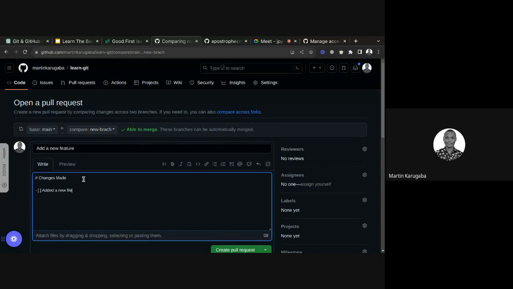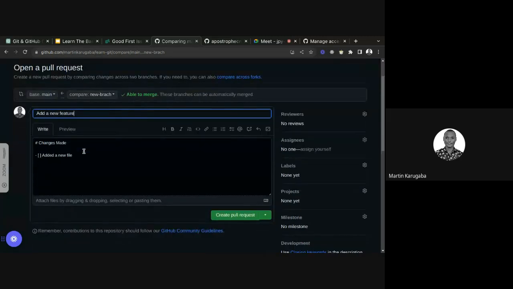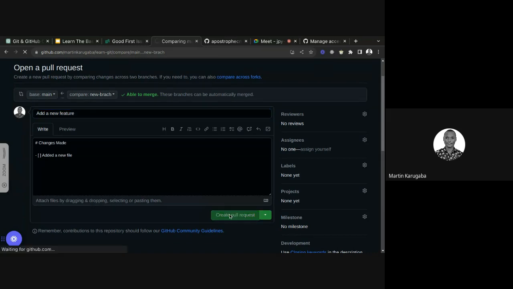Added a new file. Okay, here you could use the past tense if you wanted, and you have to put a title. Without a title, you see this button goes inactive. So your pull request must have a title, and it must have the title of the features. Okay, the heading. You can have as many words and letters as you want in here. So once I say create pull request,